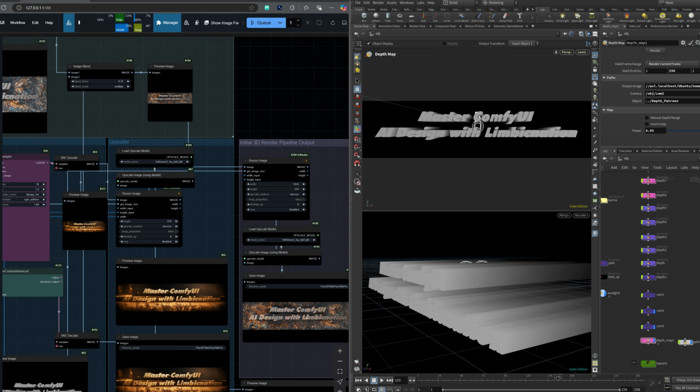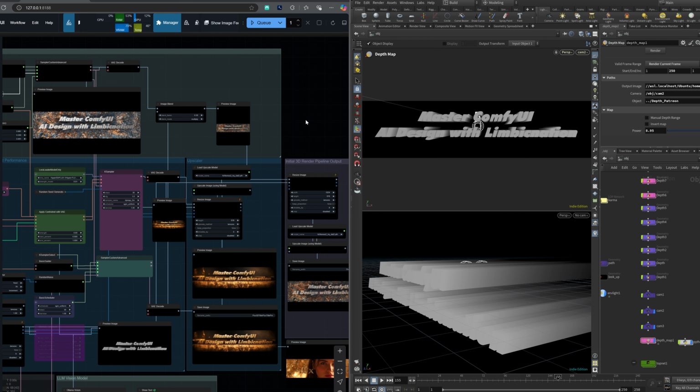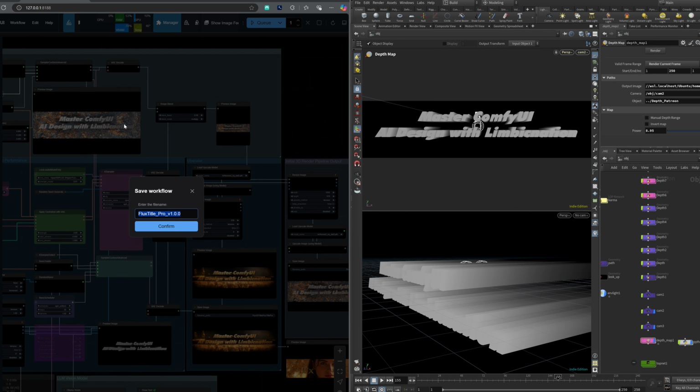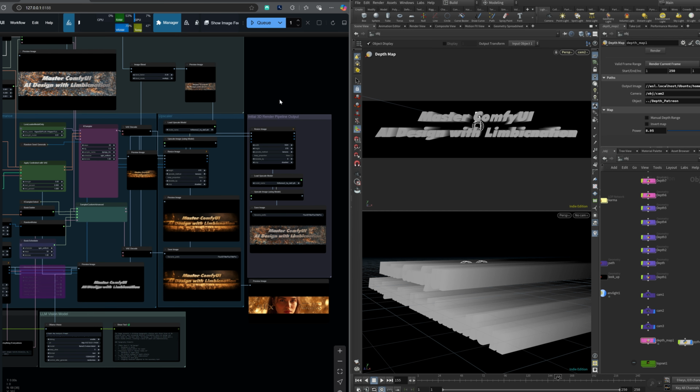Hello, this is a new ComfyUI workflow. This is the title generator. It's currently in version 1. It's FluxTitle Pro. You can use this for generating text, 3D text for header, banner, any kind of title, YouTube